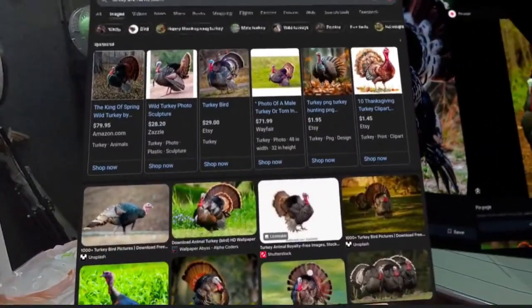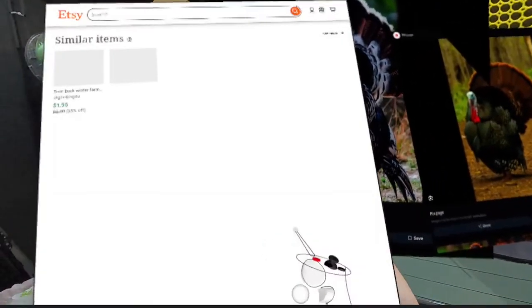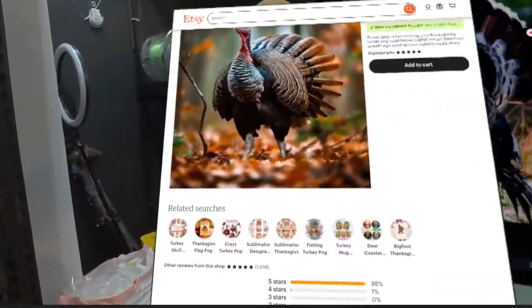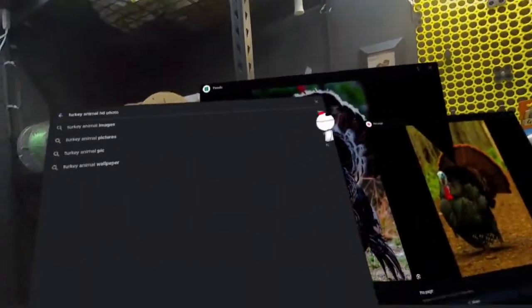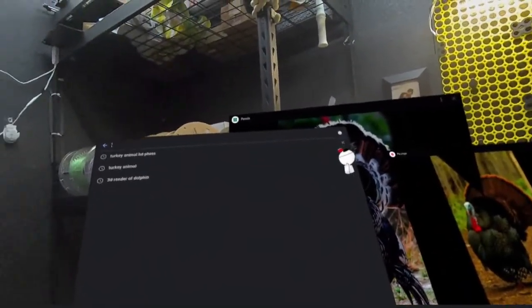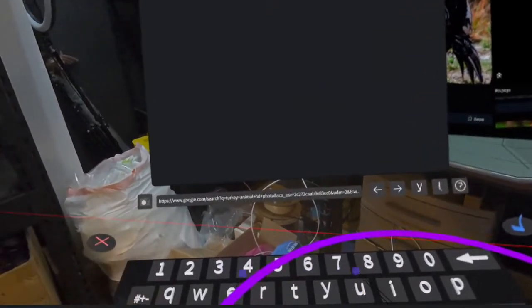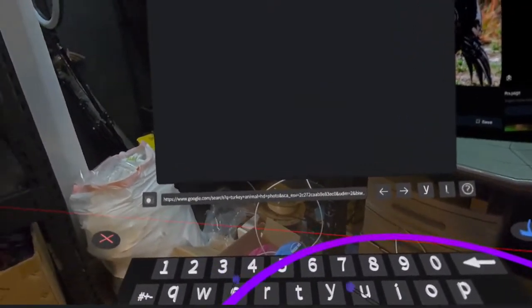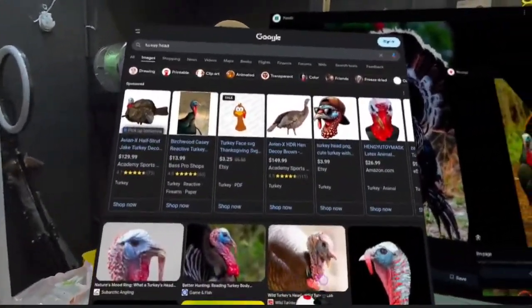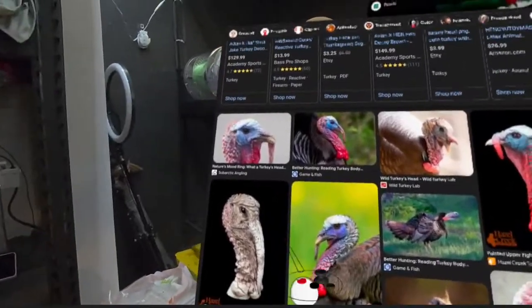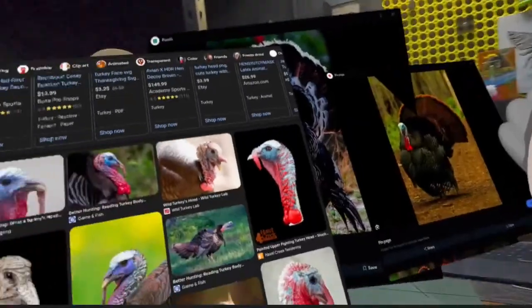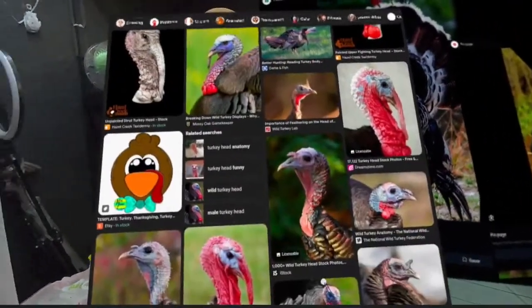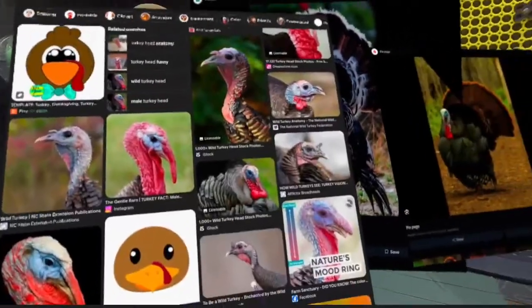Turkey's head. Computer, show me turkey's head. Etsy listing. Okay. Boom. Clear. Turkey head. Typing on this is hilarious because it's like typing with chopsticks, one chopstick in each hand. Their head is pretty bald and pretty wrinkly, and so we can work with that once we get into Nomad Sculpt.